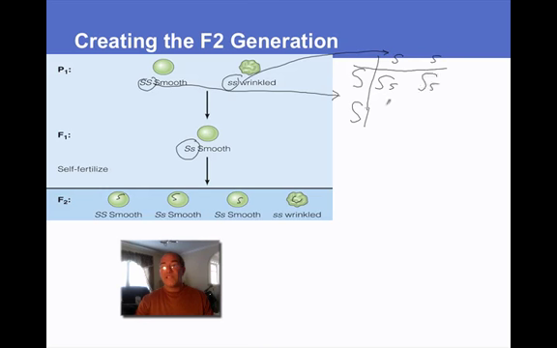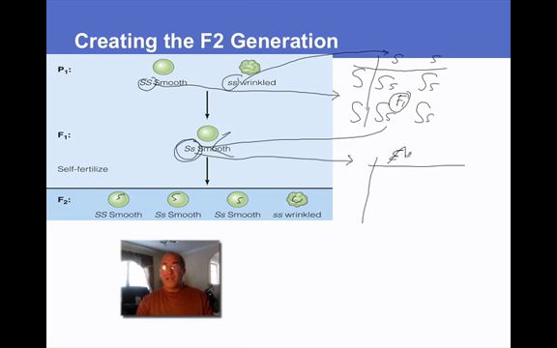So in every case here we have a big S and a little s. And this gives the F1 genotype. And as you can see, they're all big S, little s, or heterozygous. And we can do the same thing again with the F1 generation. What we'll do is we'll take the genotypes for the F1, put those alleles